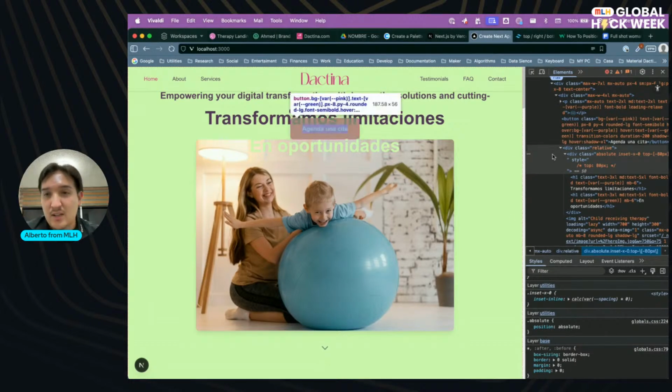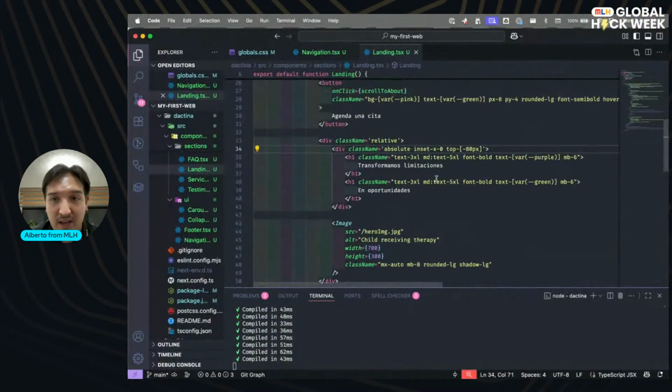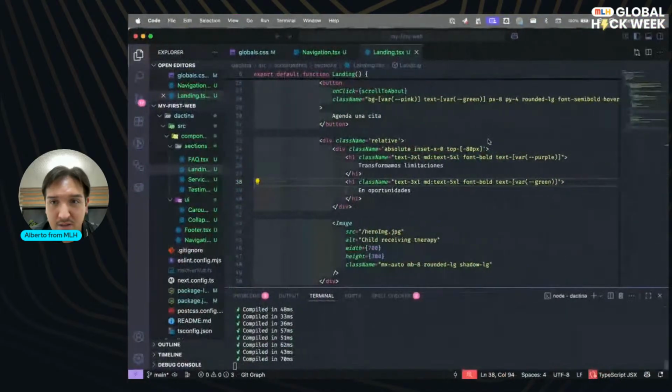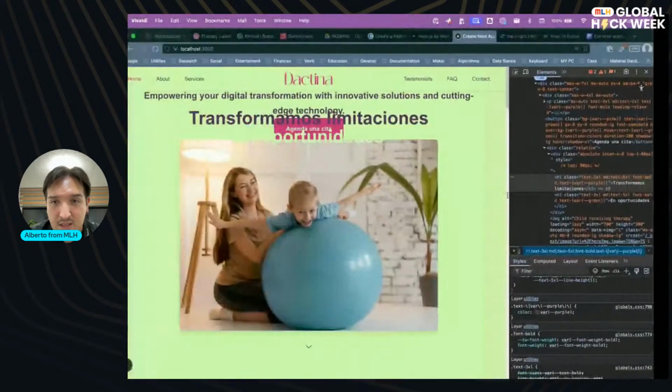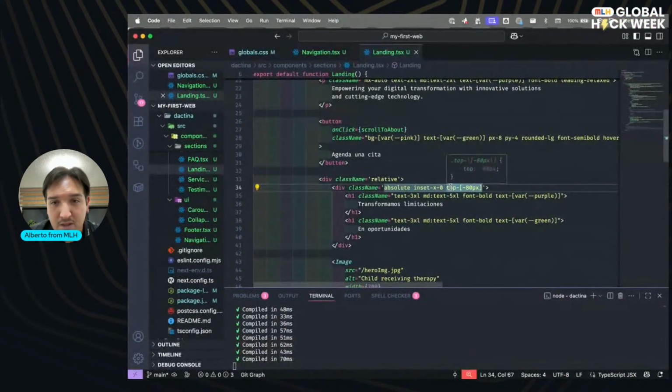Looks nice. Now let's just correct some things about the margins from the headings. This should not have any. And then we can decrease the height of this, and this is 48 pixels, so let's change it to 48 pixels.